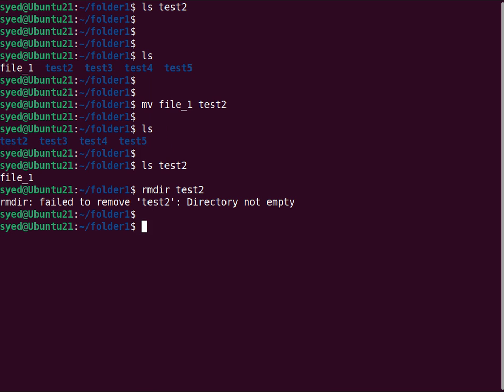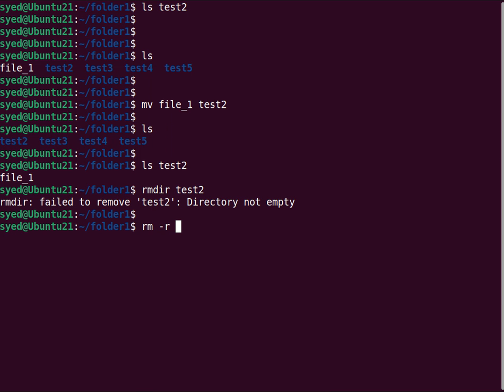So in order to do that, we can use the command rm -r. The -r means recursive. What it means is that it removes all the files and folders contained within this directory, and then removes the directory. Now this is a very, very powerful command,